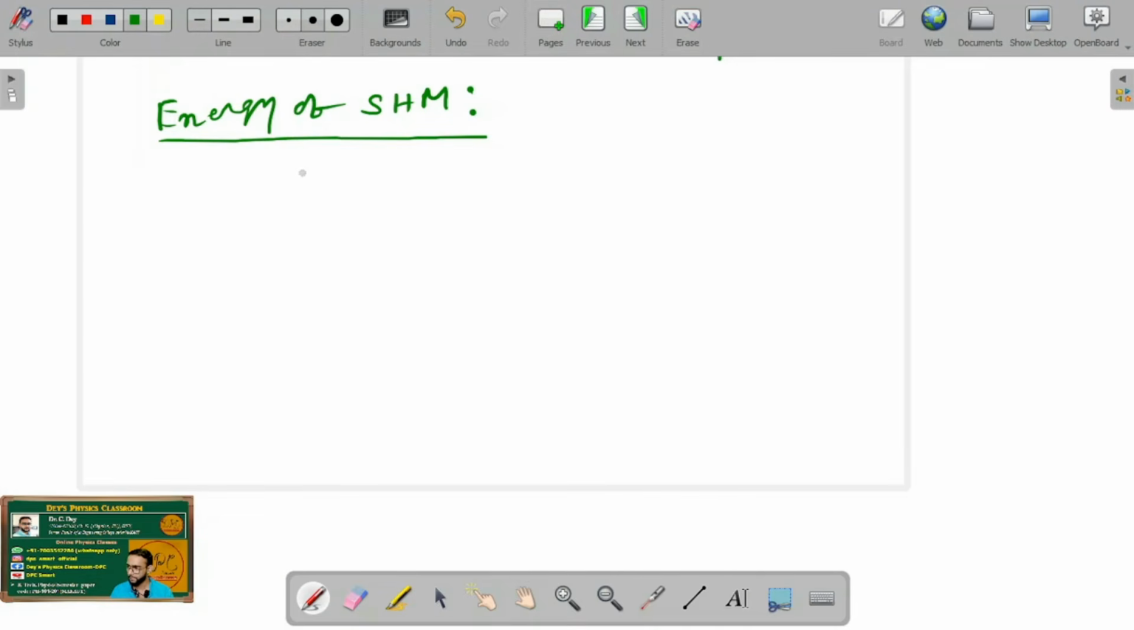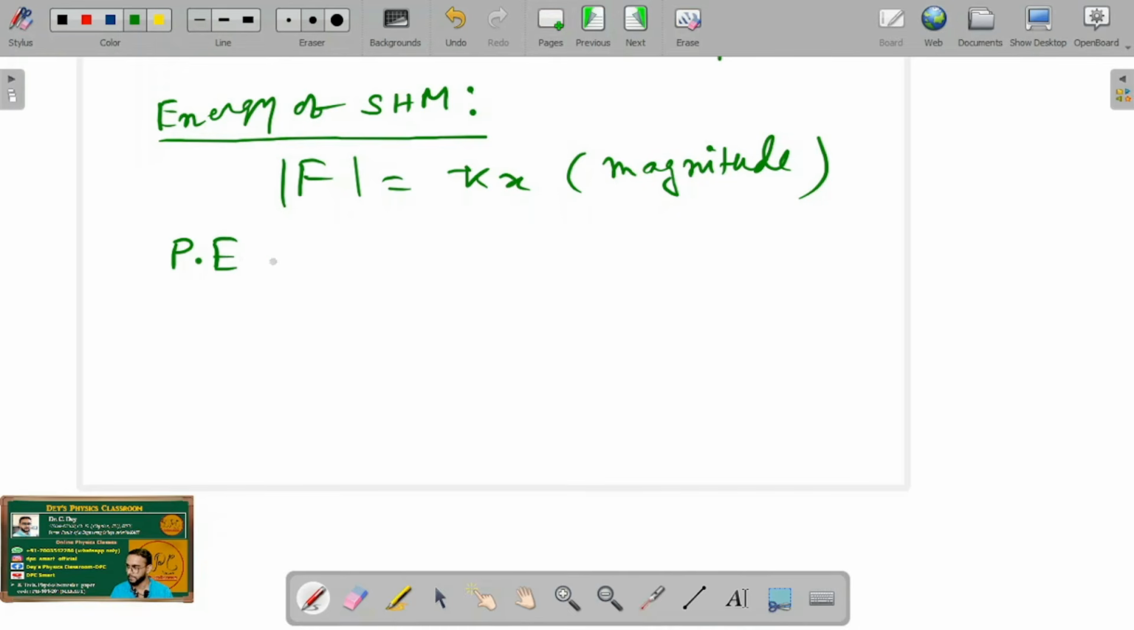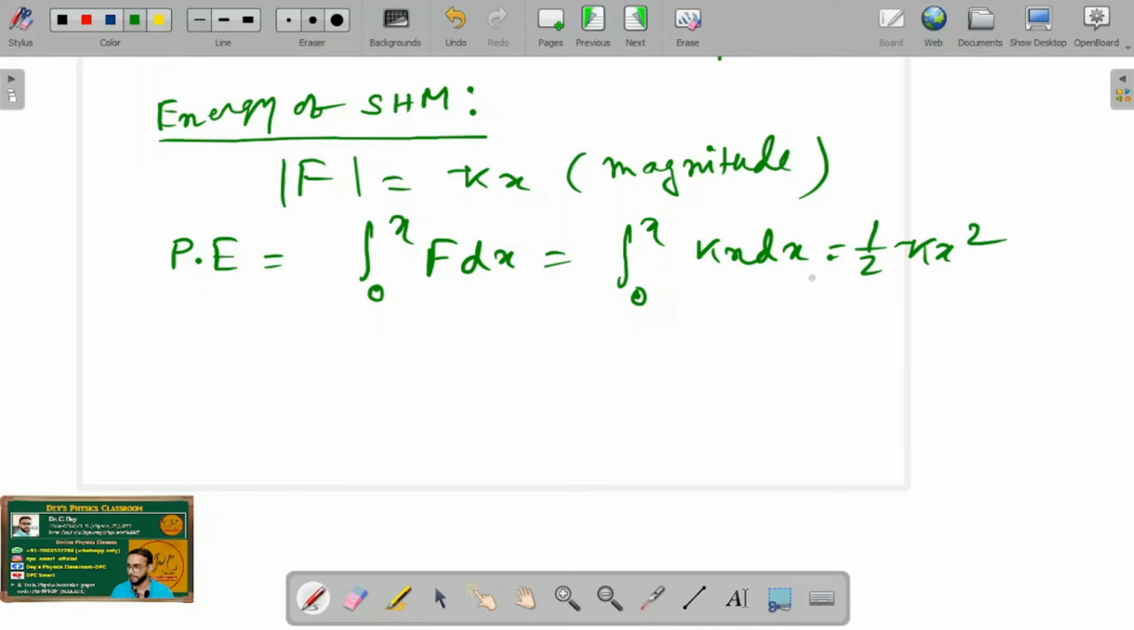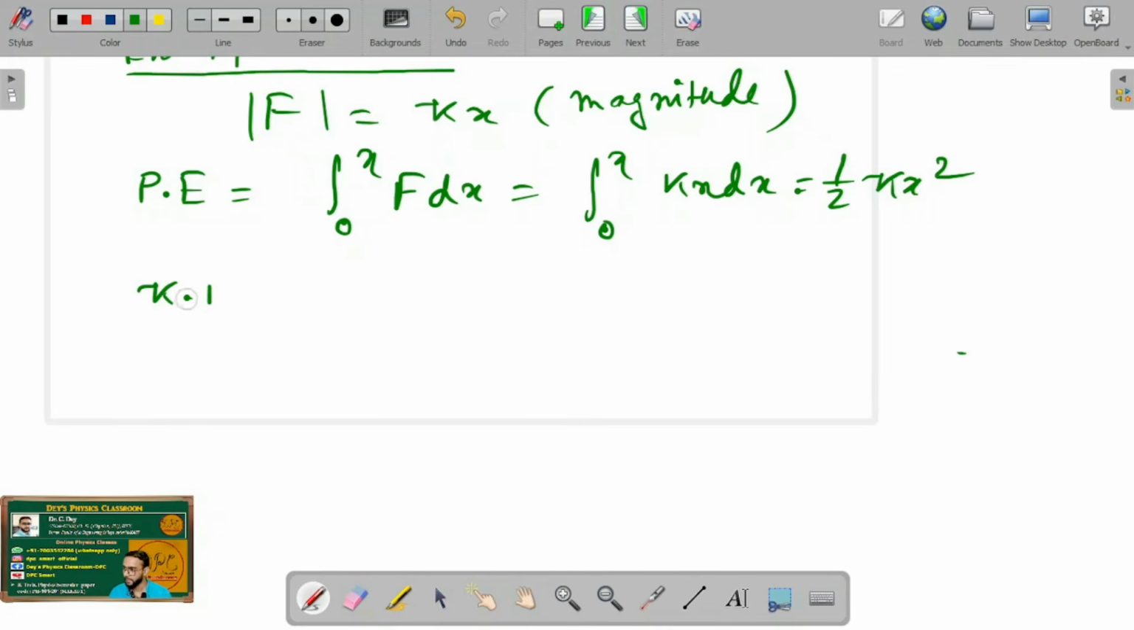The magnitude of the force acting in simple harmonic motion is k into x, where we have taken the magnitude. The potential energy of SHM we can write as the integration from 0 to x of f dx, the work done by the force, that is the integration from 0 to x of kx dx, which is half of k x square. That is the potential energy. Now kinetic energy would be half of m x dot square,